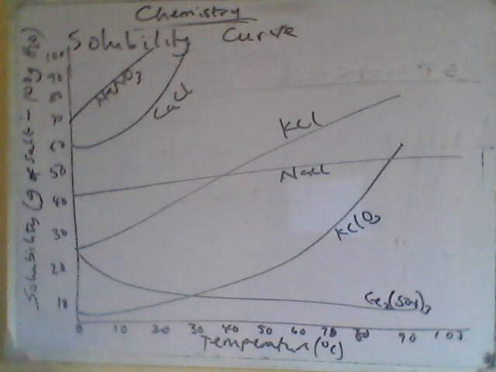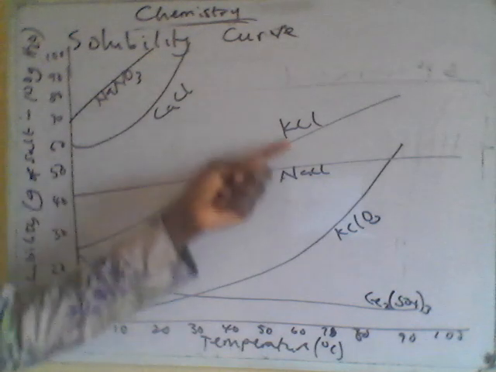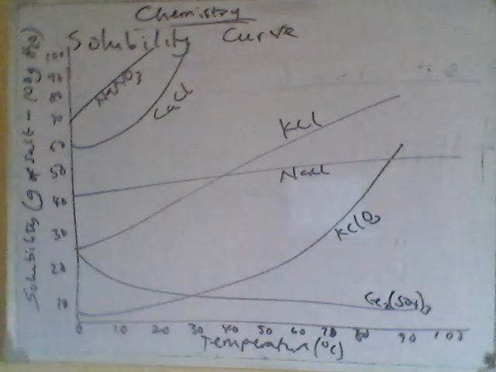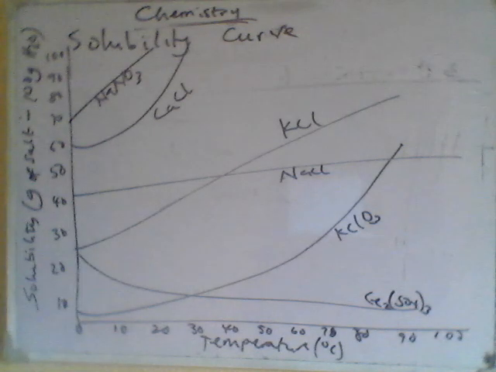So what are the key uses of these solubility curves? It compares solubility of substances. So we can see different substances here, different salts here. I have calcium chloride, potassium chloride, sodium chloride, and so on. So we can predict crystallization with this,